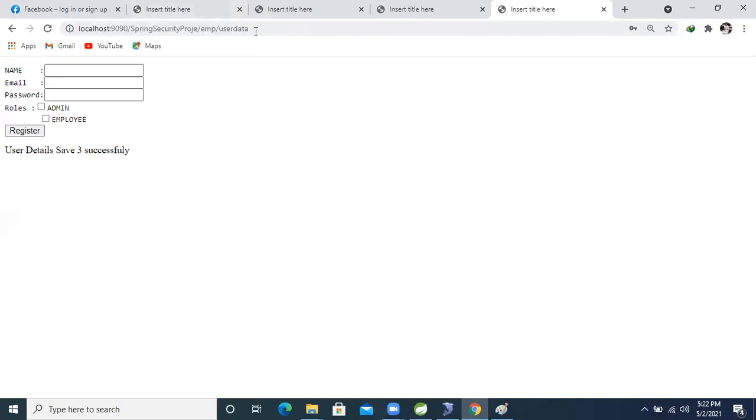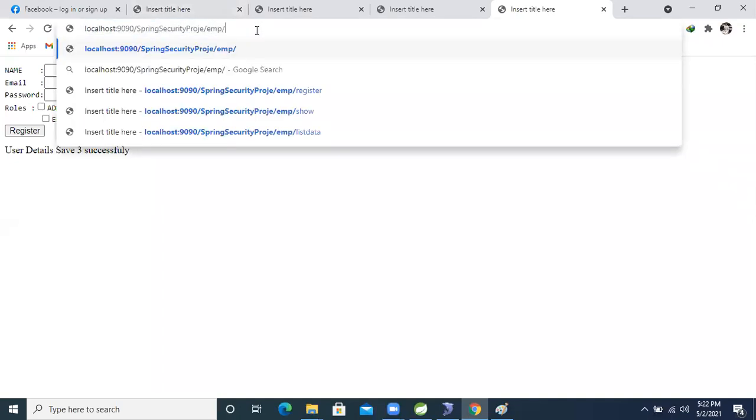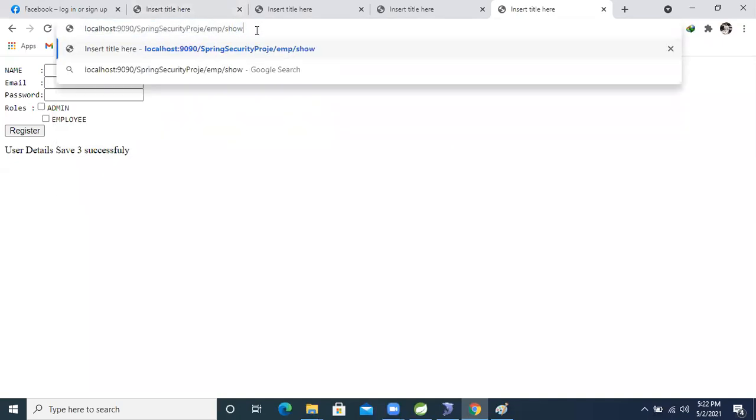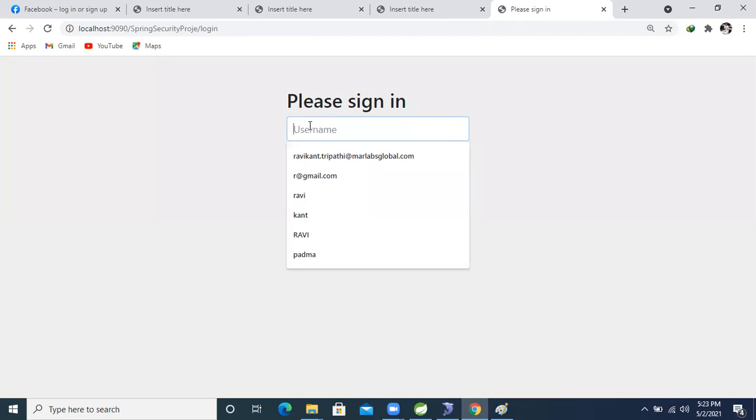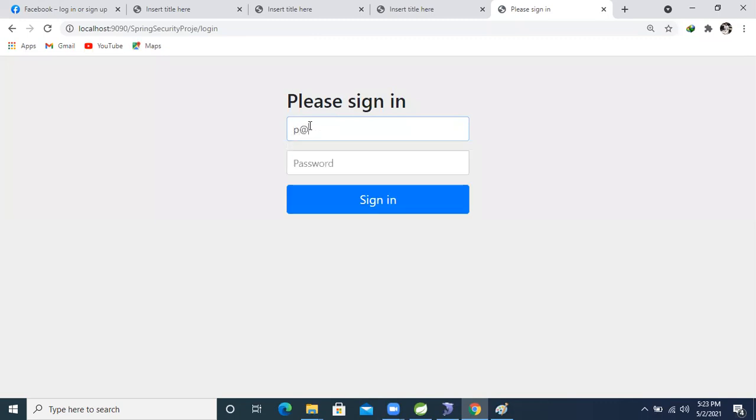So what we will do now is make the request, and then we will get the login page. See that our application is not directly going to show the data, right? So we will log in to the session. The username is p@gmail.com, right? Now the password is 12345. Okay, now sign in.